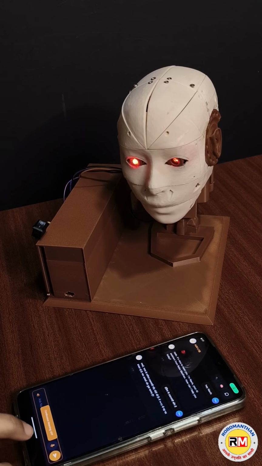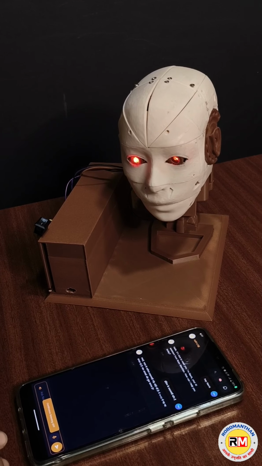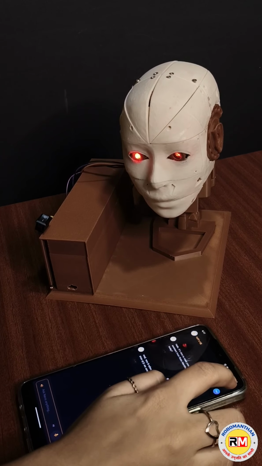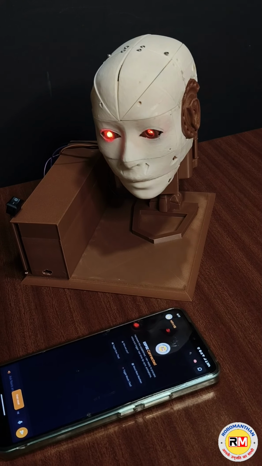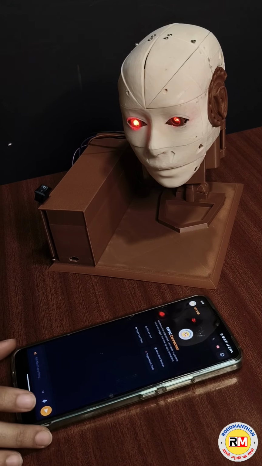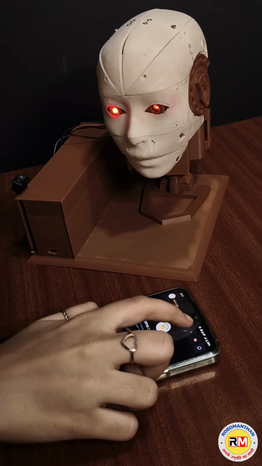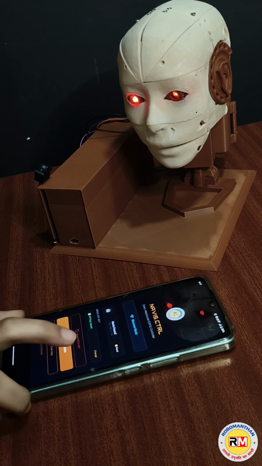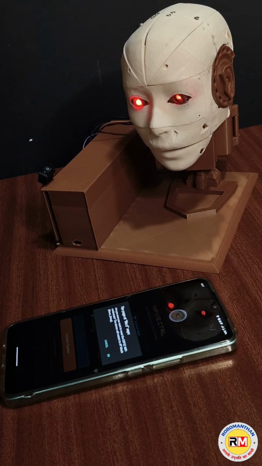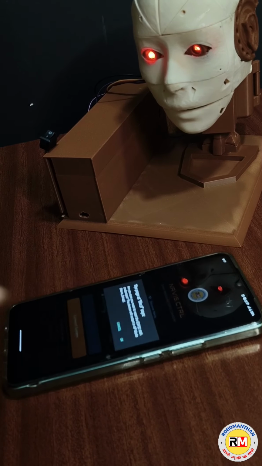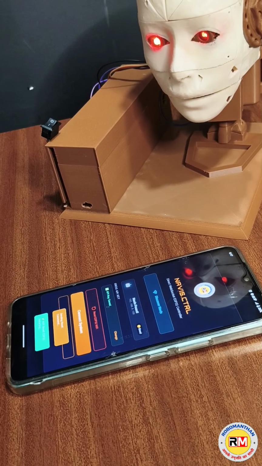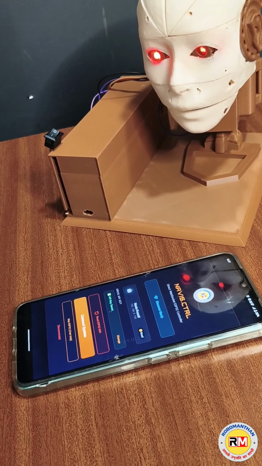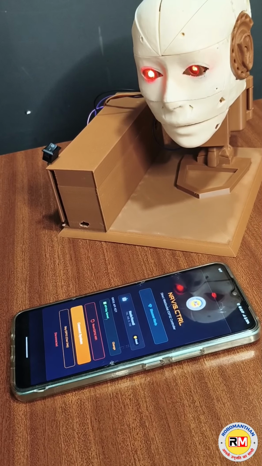So similarly, you can use Kannada as well. And then if you want to reset the chat, you can click on this icon and then the chat will be reset. If you want to change the Wi-Fi that you have connected, you can click on this icon over here. And then there is a reset ESP32 Wi-Fi option. Once you click on that, you will get a pop-up. Click OK, and then the Wi-Fi is reset, and then you can go back to the Wi-Fi and connect to the Wi-Fi of your choice.